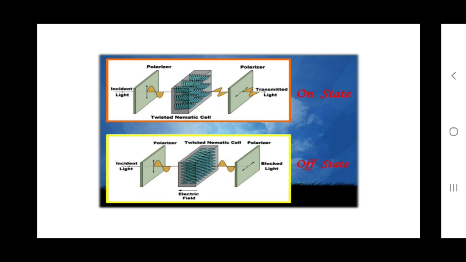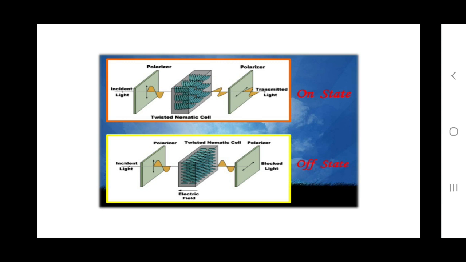and this is moved to the polarizer again, which is placed horizontally. So when the incident light and the electronic fluid are both placed in a vertical form, this is called an off state. And if you look at the above picture, we have a twisted nematic cell in between, and the light is transmitted. That is called a transmit state.